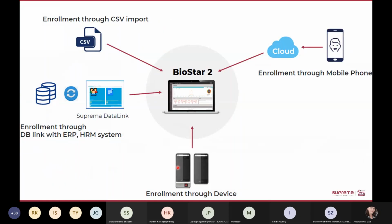I would like to highlight the way of enrollment in the new face recognition device, which is Face Station F2. So the first way is that you go in front of the device and enroll yourself either from the device or from the server, BioStar 2. There is another way that we can send a link to your email,